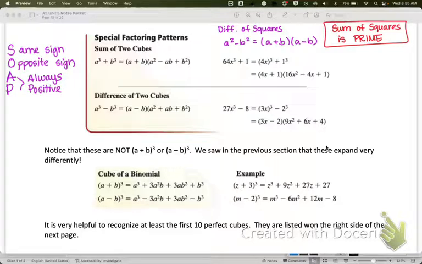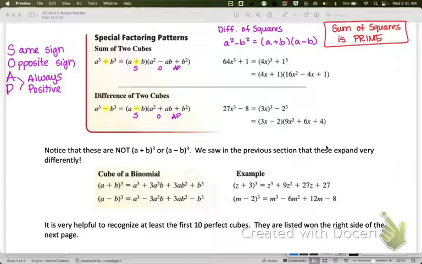So if we look at this, the original problem has a plus, so we have same sign, opposite sign, always a plus, always positive. Same thing down here, minus, minus. We have same sign, opposite sign, always a plus, okay? I recommend that you write out the rule in terms of A and B for every single problem until you have it memorized. That's the only way you're going to get it in your brain. So instead of looking at your notes, practice writing it down over and over again